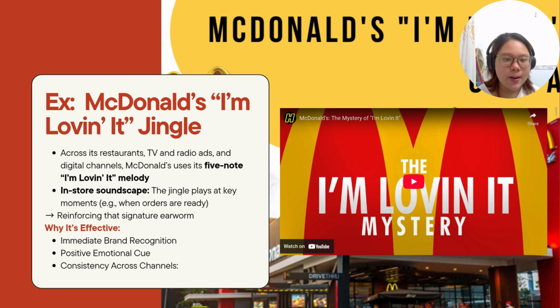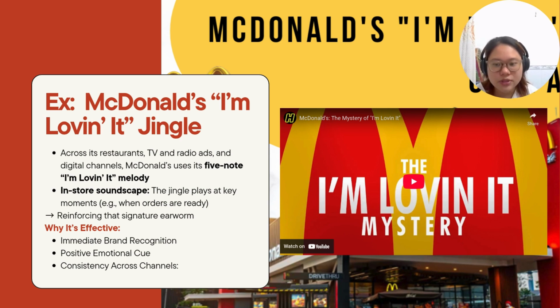So let's take McDonald's "I'm loving it" jingle campaign to illustrate what we have talked about. This campaign is a very good case study of how a brand can use auditory stimuli and auditory cues in their advertisement and promotions, and therefore apply it back into the in-store experience of the customer. So in this campaign,